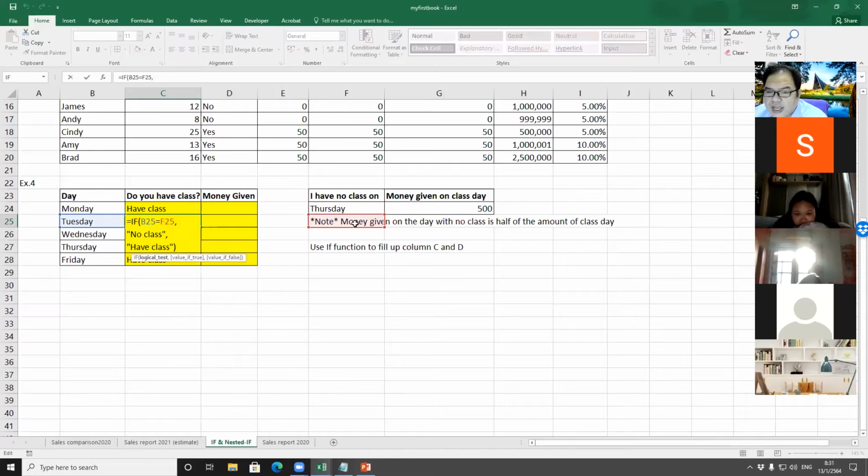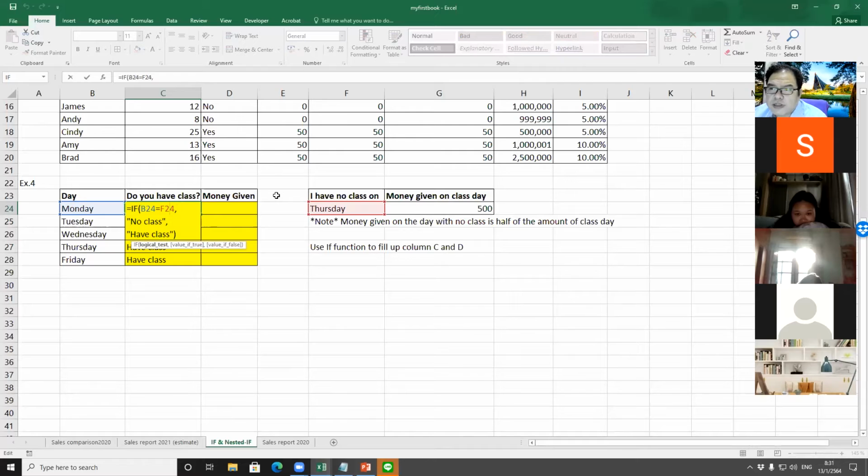Don't forget that when this happens, you have to lock the cell, so that the cell you compare against does not move down. It means you have to fix or lock this cell, F24,